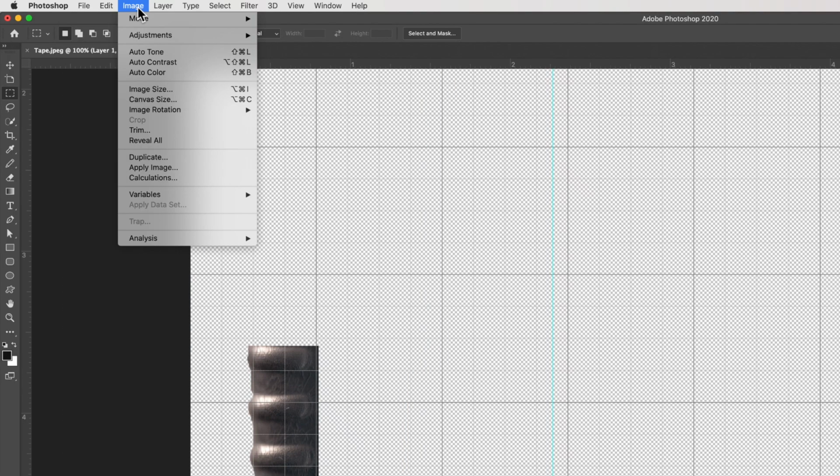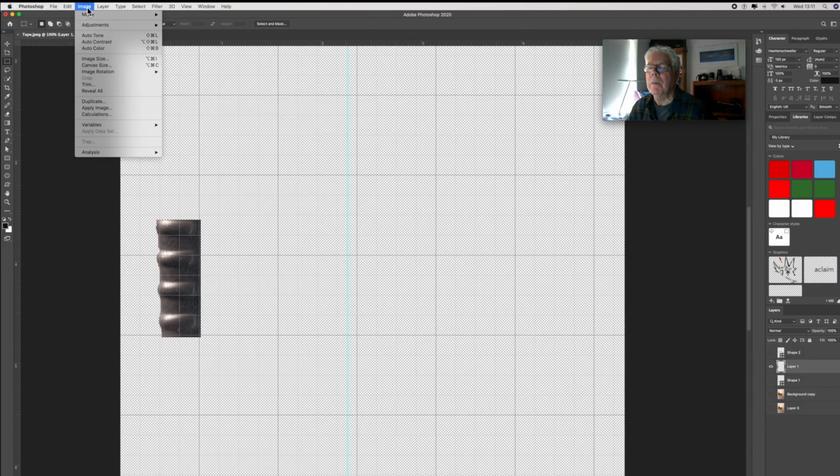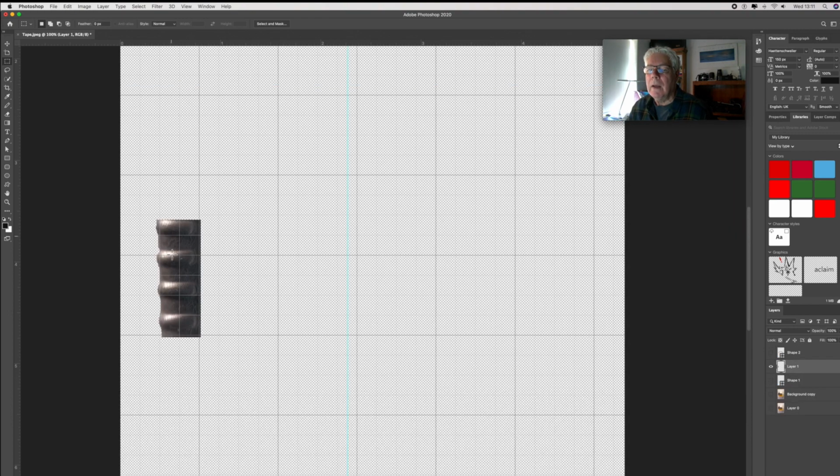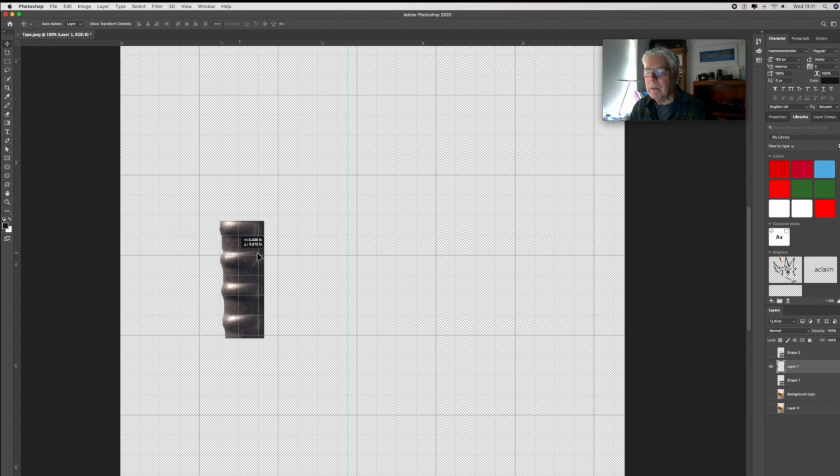So I've just now got this basic shape here in terms of the layer. Now I have to double click in here to make sure I get rid of what we call the ants, and I'm going to rotate the image. I only want to rotate the image itself, so I'm going to rotate that 90 degrees. Oh, I've rotated the whole canvas. Undo. What I want to do is take control of this layer. So if I move the layer,